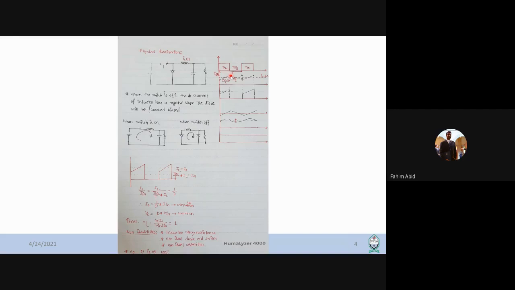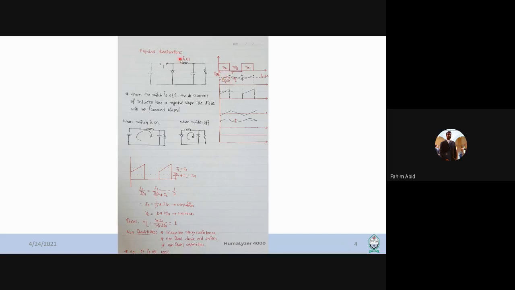The resistance follows the voltage. Basically, the resistance current follows the voltage. Okay, so the inductor current during this operation, when it is on, means the inductor current is charging. That means it's increasing, and the slope of this inductor current can be defined by basically,